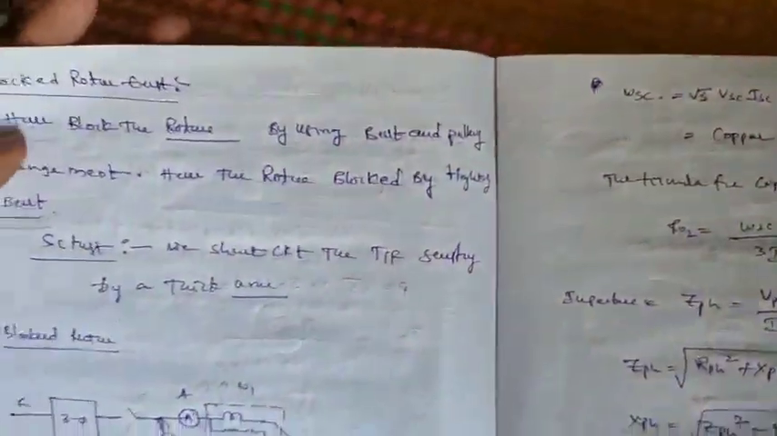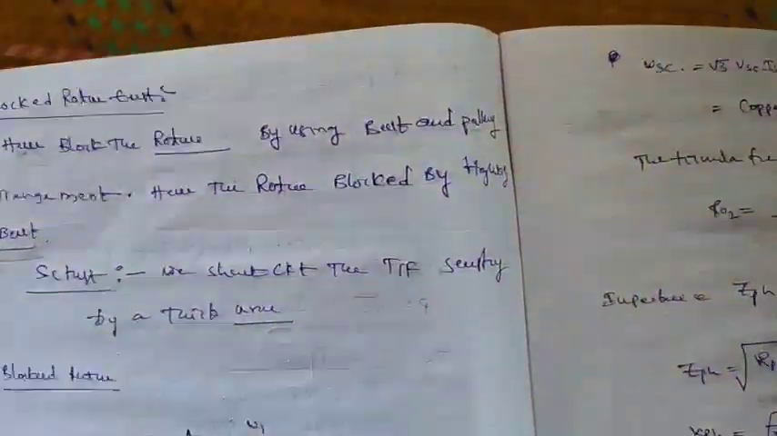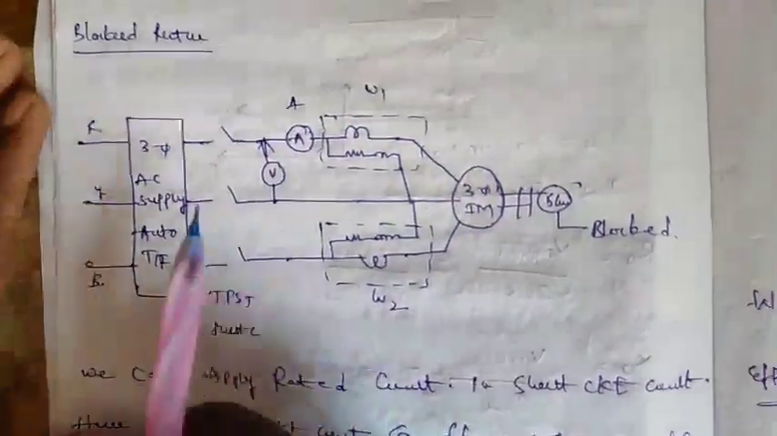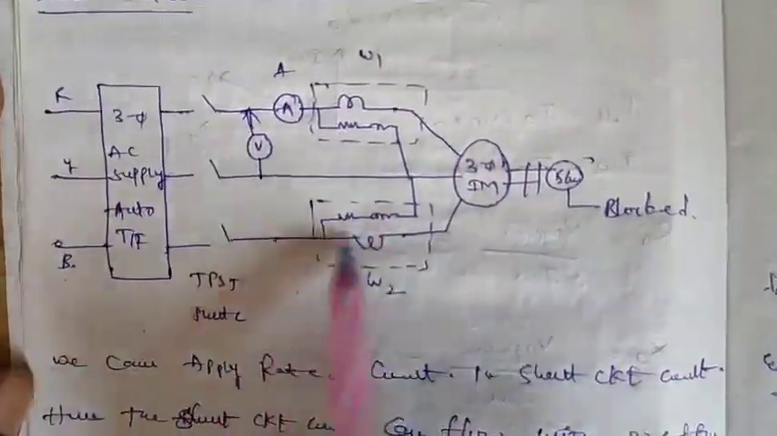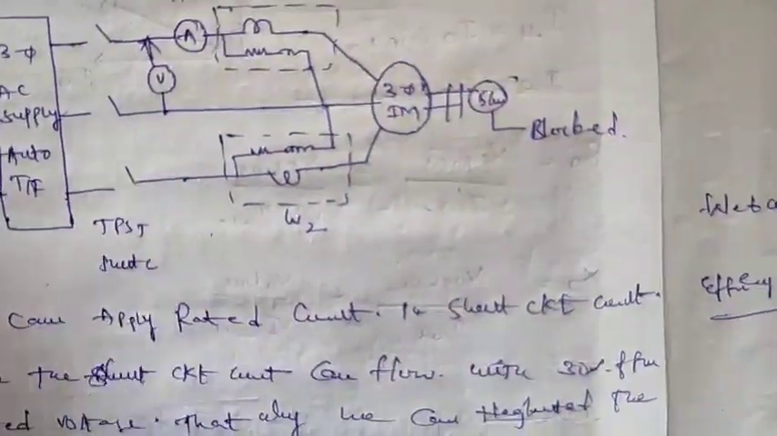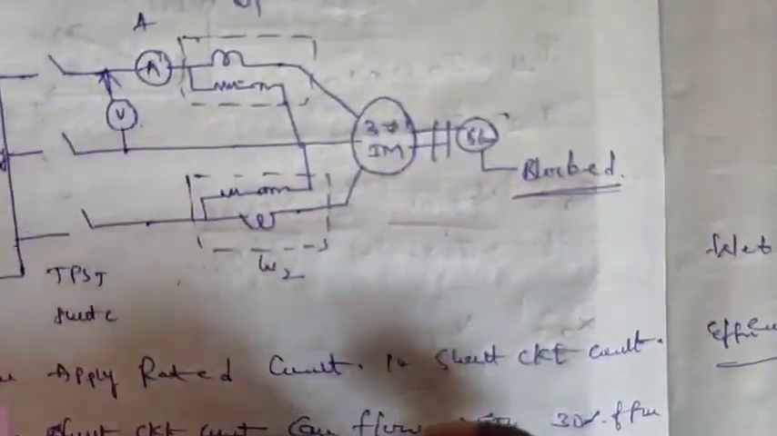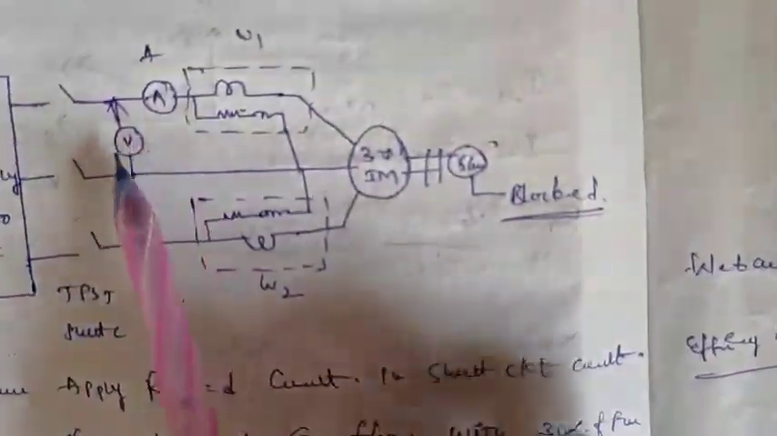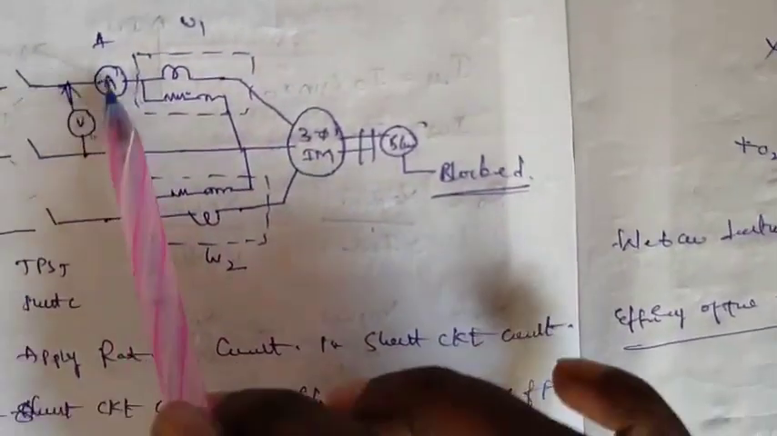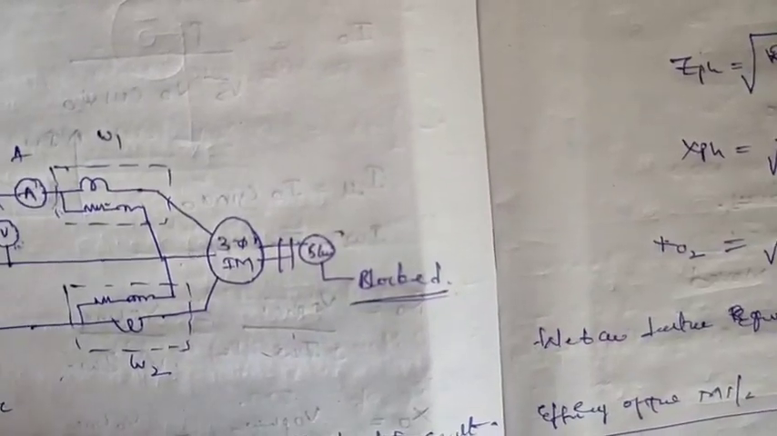The blocked rotor test we already discussed in a previous lecture, so I will simply summarize it. In the blocked rotor test, we apply a 3-phase AC supply to the motor. The rotor is blocked by tightening the belt and pulley arrangement, without rotating the rotor. We also apply the rated current by adjusting the 3-phase auto transformer. We can get the blocked rotor voltage, short circuit current and the short circuit copper losses. From these readings,